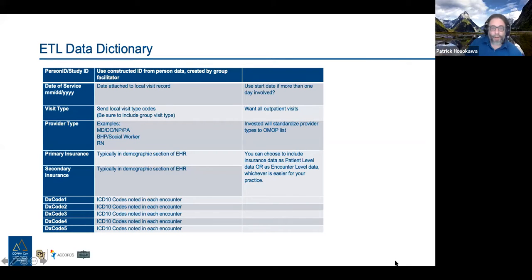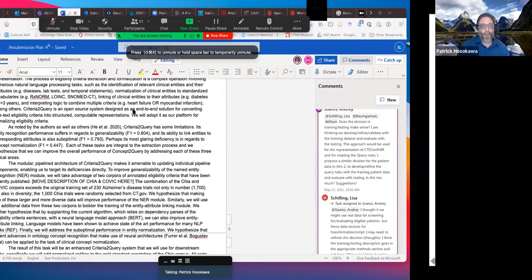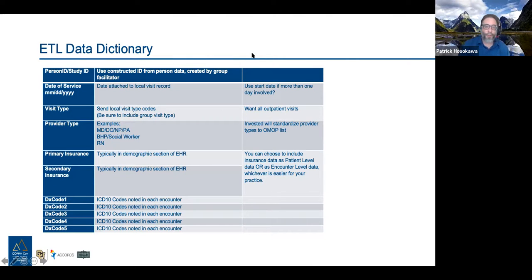Great. Yeah, my name is Patrick Hosokawa. I'm a statistician, data analyst. I've worked a lot with the ETL process, where the rubber hits the road of actually sending out these documents and negotiating back and forth with the partners on the actual data. So we can see here, we have several projects we could choose from. This is one of the current projects, the data we sent out to them for a particular table. This one here is sort of a visit record. So you can see we want the date of service, we want the visit type.